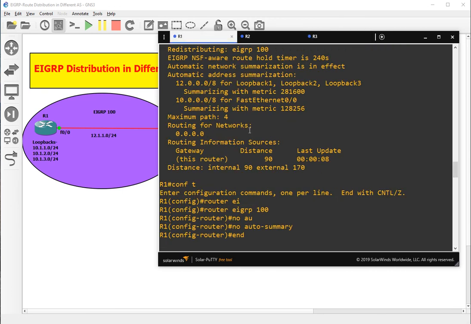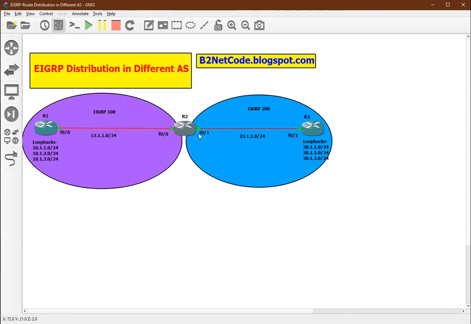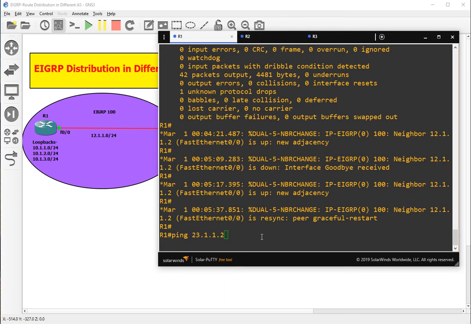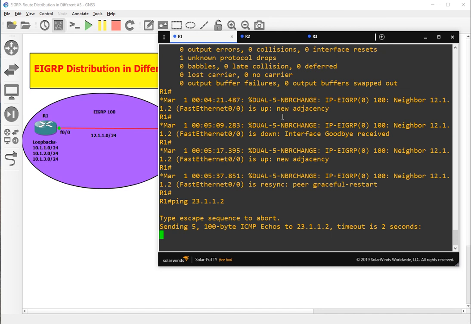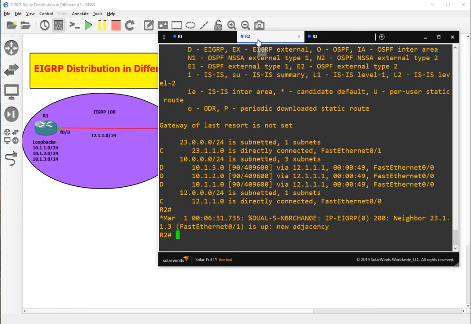If I try to ping a 30 network or 23 network from here, towards this hand side we have 23.1.1.2. Okay, so these routes won't work, right? Here we have 0% success, so we have to do redistribution on R2.